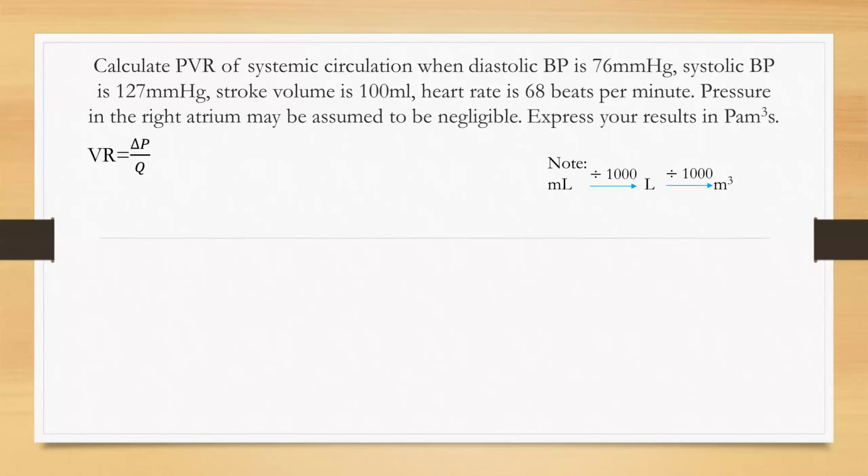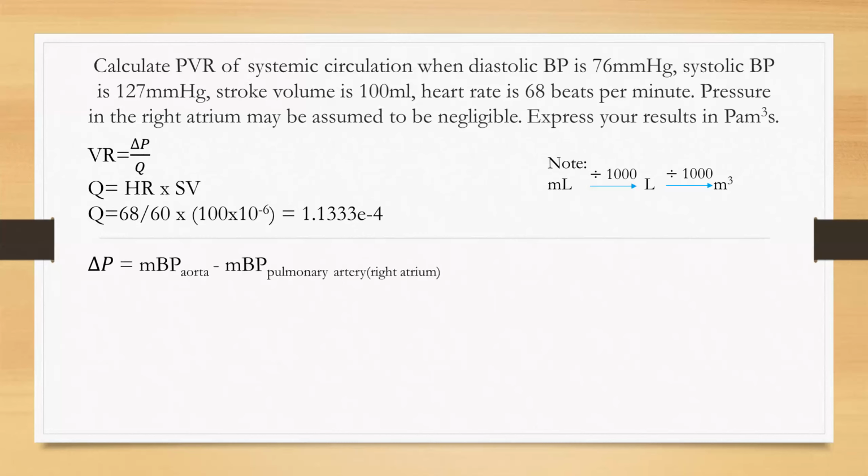Okay, so it is not only the stroke volume, we have to multiply that by the beats per minute, because 100 ml would be pushed by the heart in 1 beat. So you need to multiply it by 68 to get the value of Q. And this is to get it in per second terms, because we want the final units to be Pascal meter cube second. So it is good to derive everything in terms of SI units, because here we are asked that. And even in general, if you do it, it would be better.